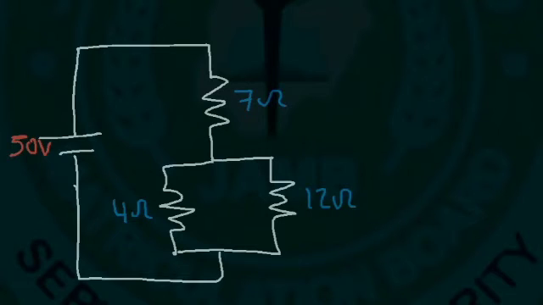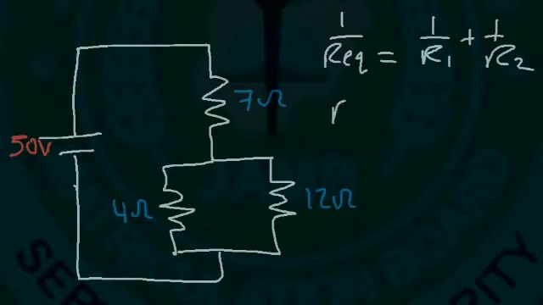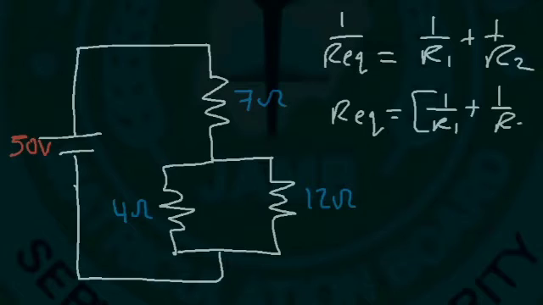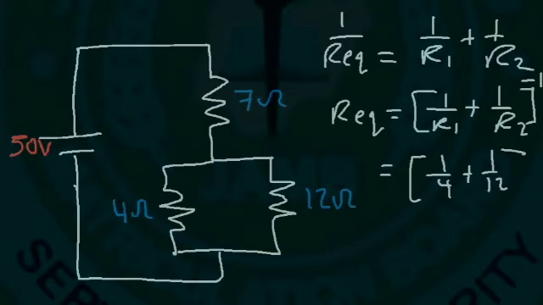So to find the equivalent resistance between the 4 ohm and the 12 ohm resistor, we can use this equation. 1 over Req is 1 over R1 plus 1 over R2. So solving for Req, it's 1 over R1 plus 1 over R2, raised to the minus 1 power. So if you type this in the calculator, 1 over 4 plus 1 over 12 raised to the negative 1,